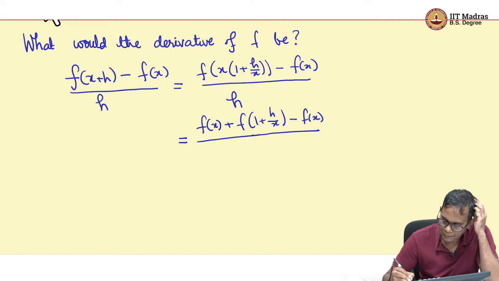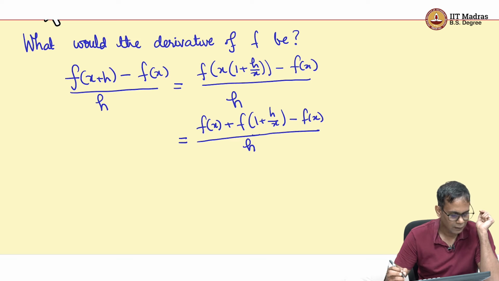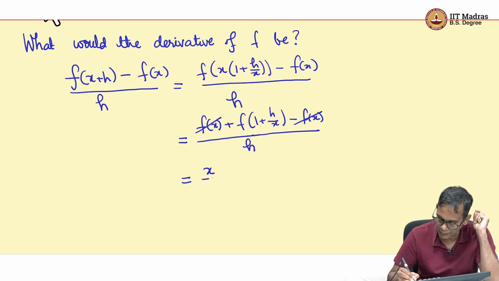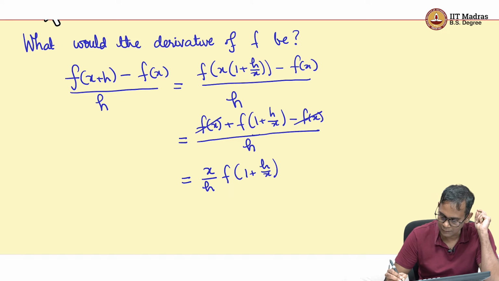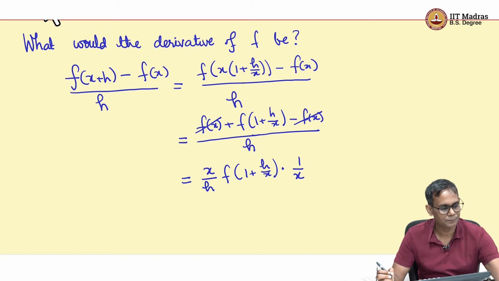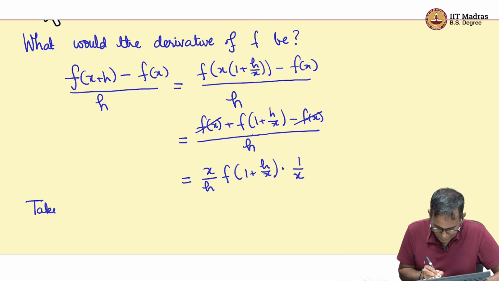Divided by h, which I can write as, so these cancel out, and so this is just f of 1 plus h by x, by h, which is x by h f of 1 plus h by x into 1 over x. This x here was extra. Taking limit as h goes to 0 gives